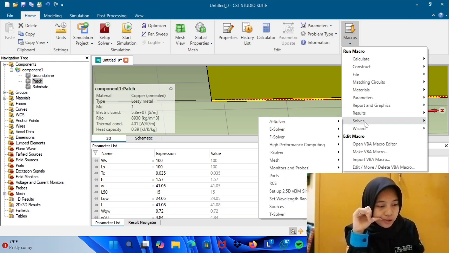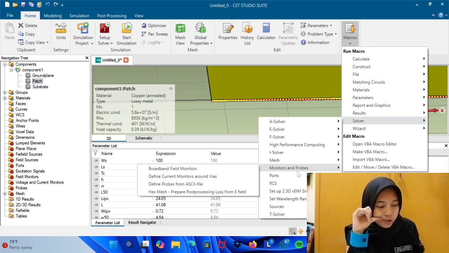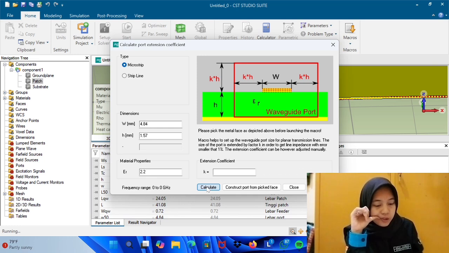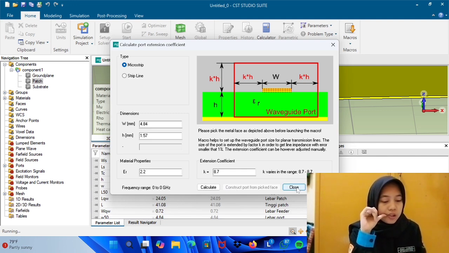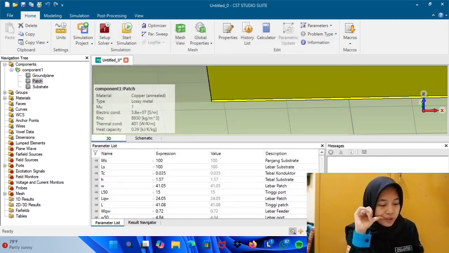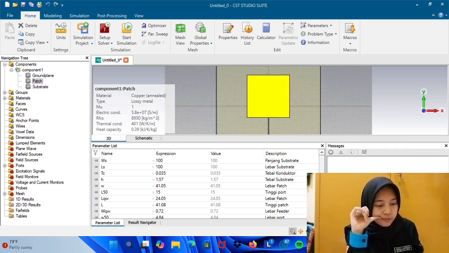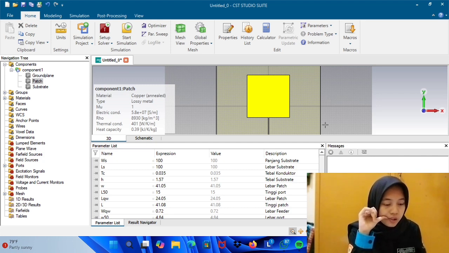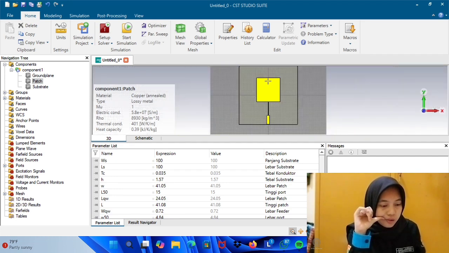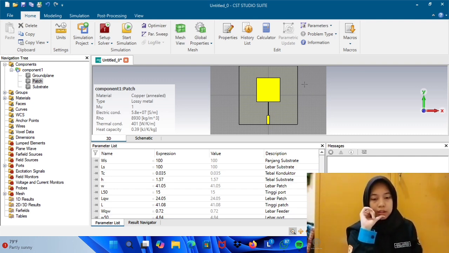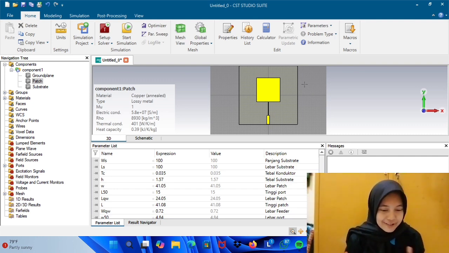For calculate, for example, calculate and console for MFS. Done. You small and front on top. Okay, I think right. Okay, guys.